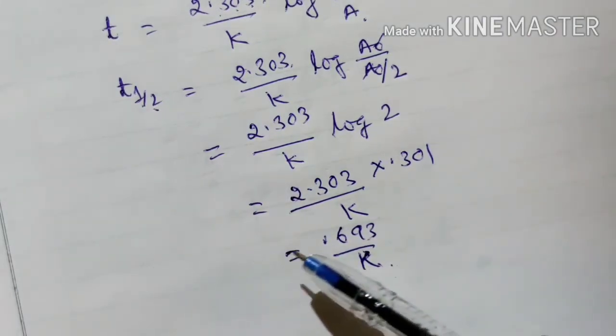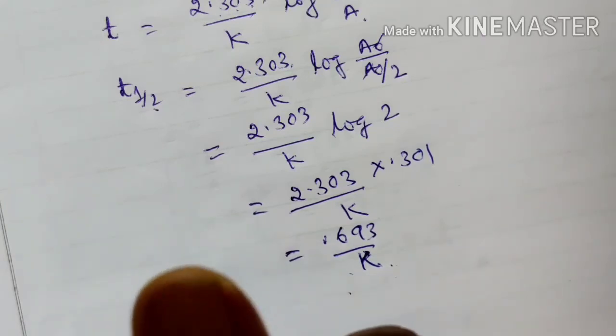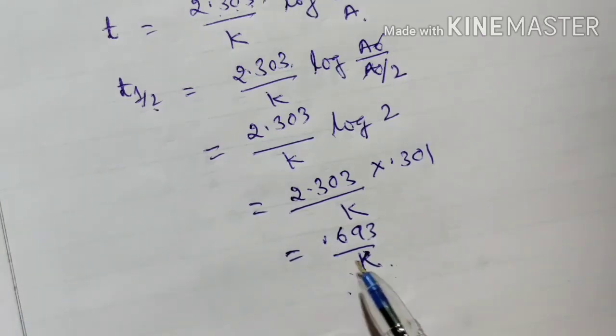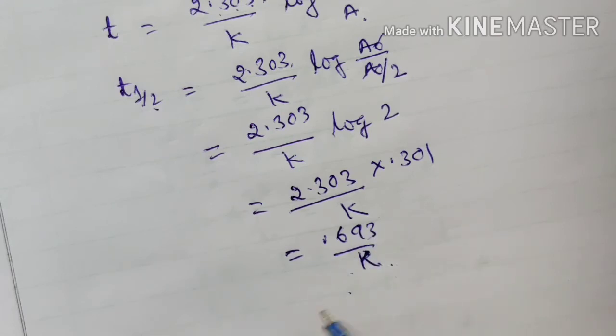When you compare the expression with the zero order reaction, then you can see the difference. T half for the zero order reaction is A0 upon 2k. But here the t half is equal to 0.693 upon k, and it is independent of the initial concentration of